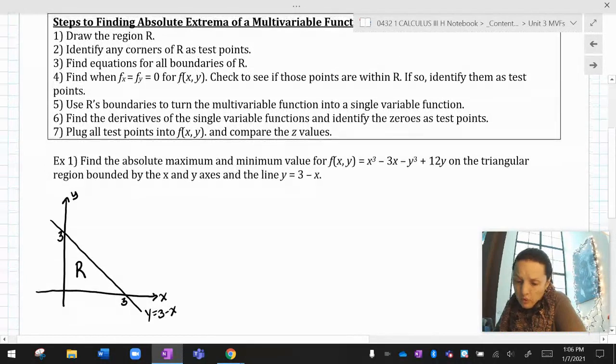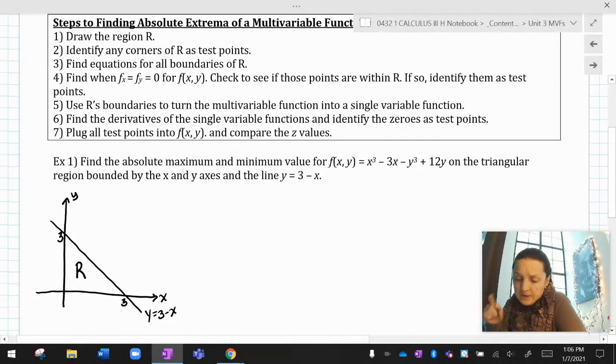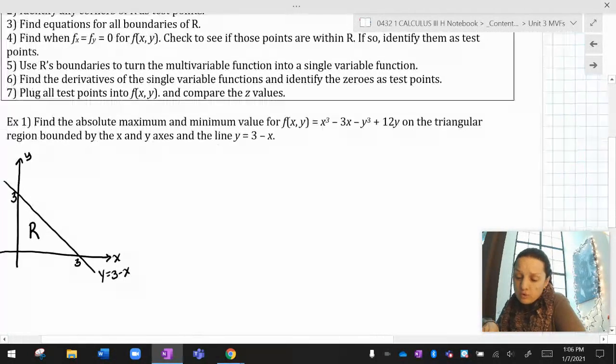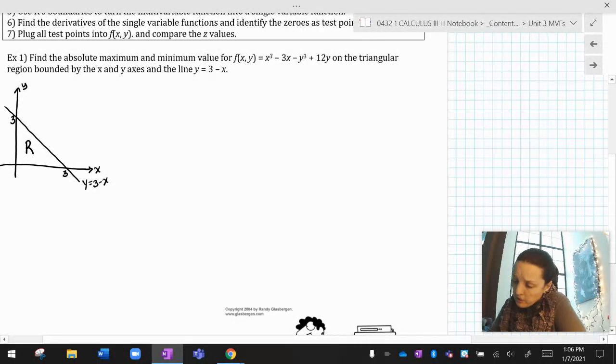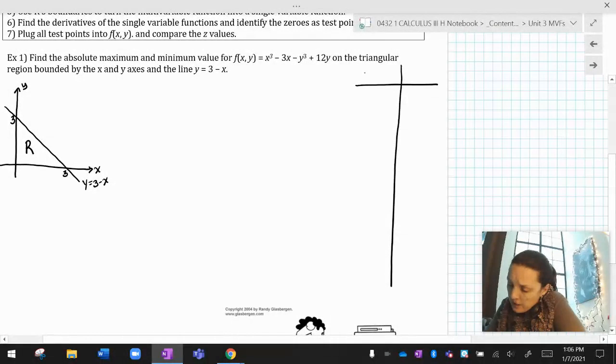So, step 1, draw the region. Check. Step 2, identify any corners of R as test points. All right, so I am going to put some test points over here. And this is going to be x, y, and this is going to be f of x, y, because if you remember